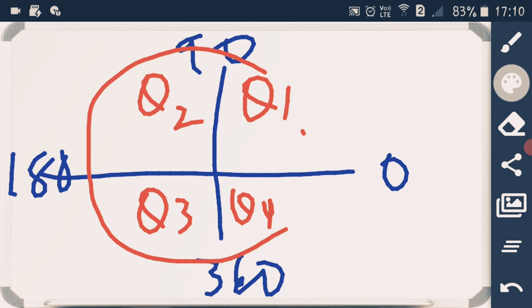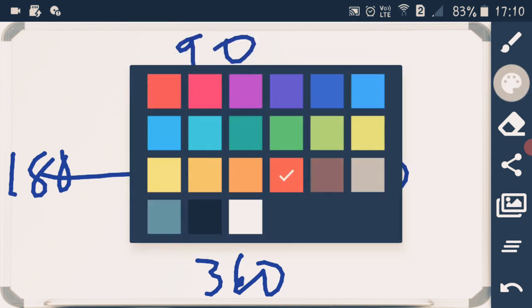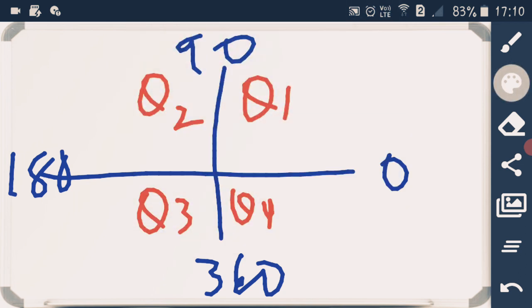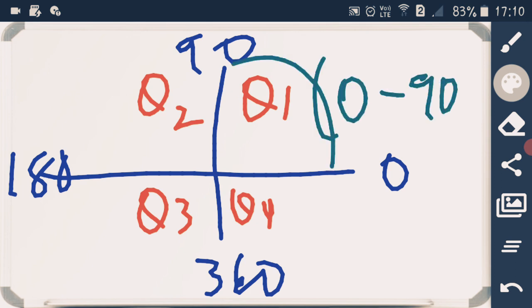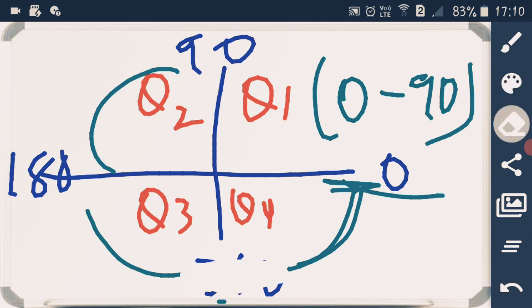Okay? Now let us see more about it. I'll change the color so it will be easier. Now this whole will be 0 to 90. From this to this much place is 0 to 90 degrees, right? This will be 90 to 180, this will be 180 to 270, and this will be 270 to 360. Sorry, this is 270. I'm so sorry. How can this be 360? My goodness, this whole will be till here, it will be 360, and again it will become 0. This is 270. So let me erase this whole.